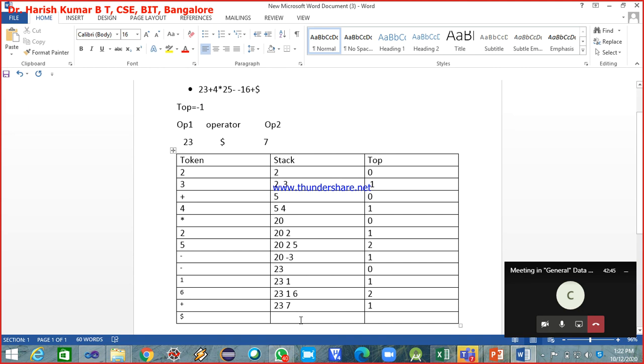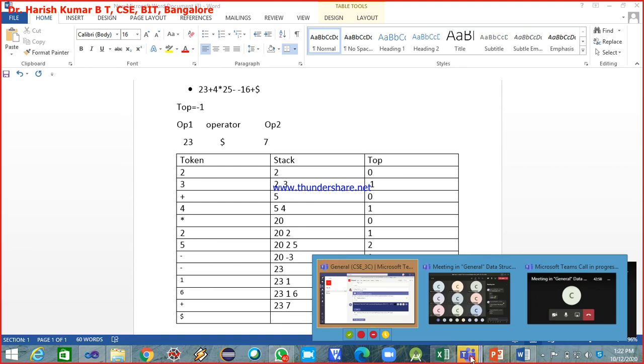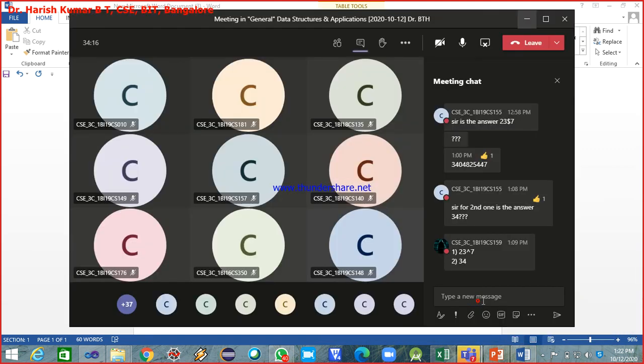I don't know how much it is. I need to use a calculator. Anybody computed how much it is? 23 to the power 7.